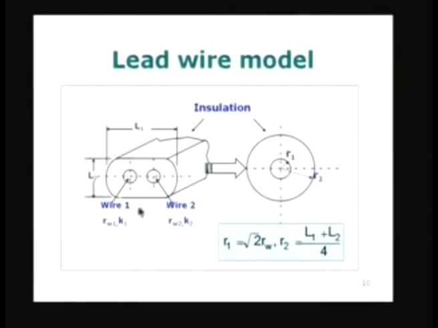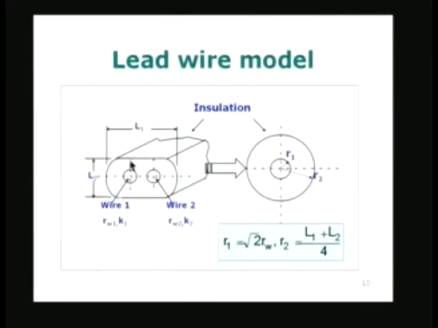So, K1 A1 plus K2 A2 equal to K A product for this. So, if A1 and A2 are the same, it becomes A into K1 plus K2, where A is the area of cross section of each wire. So, A into K1 plus K2 is equal to the effective thermal conductivity area product for this wire. So, if we assume that K1 plus K2 is taken out, the area of cross section being the same, there is twice the area here, and so what I will do is I will take the R1 equal to square root of 2 RW, that will give the same area of cross section.